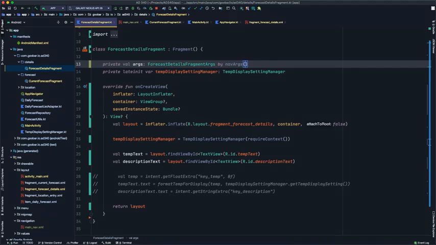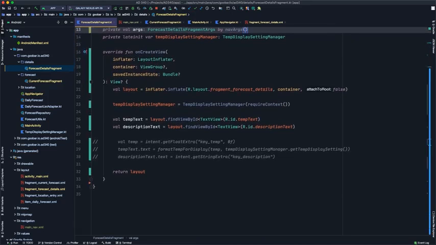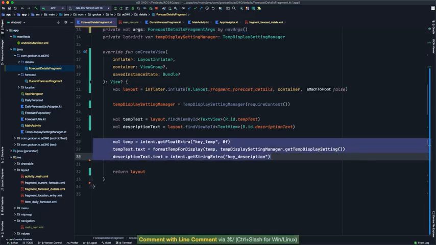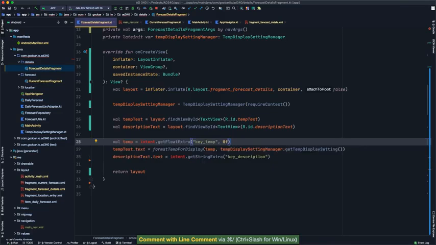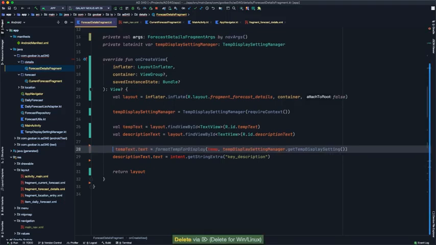Essentially what this is doing is the nav args is acting like a function there. So whenever we access the args property, the first time we do, it's going to use that nav args function to look up those args and get the data for us. So now that we have the arguments available to us, we can come back down to onCreateView and we can uncomment this code. And now we can update this to actually display the temperature data. So I'm going to delete this first line here because we're going to be able to do this all in one line. So now here, where before we were passing in temp, we're going to type